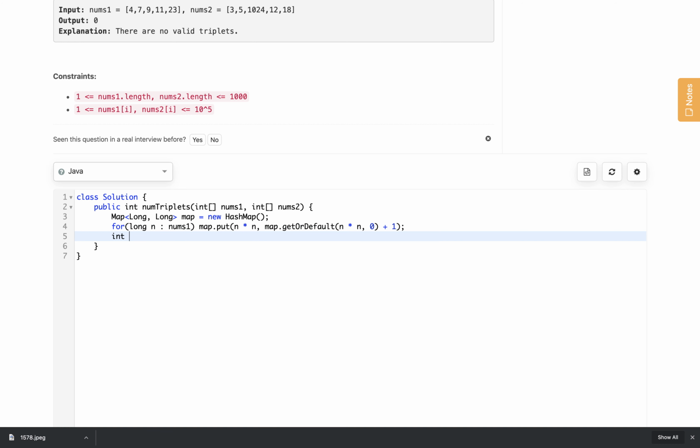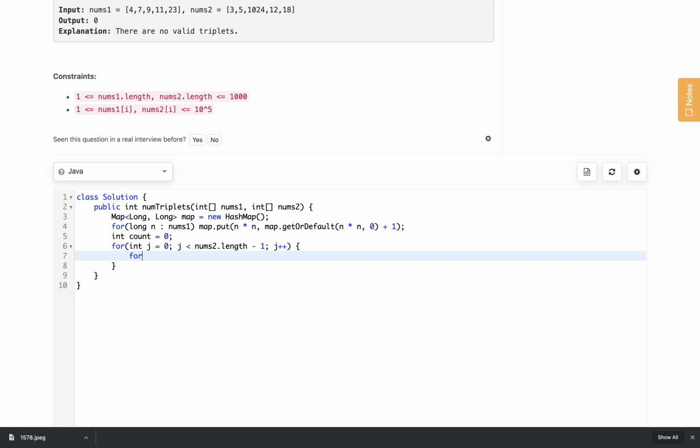Now, we need a variable count which will count the number of ways, triplets. So, let us call it count. Now, we will iterate from int j equals 0, j less than nums2.length minus 1, j plus plus.